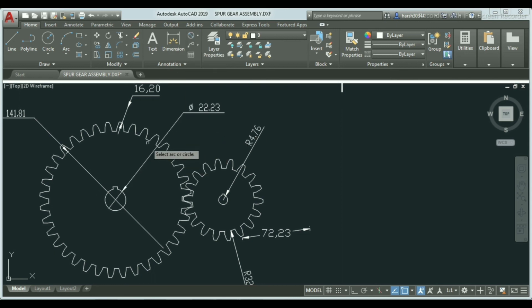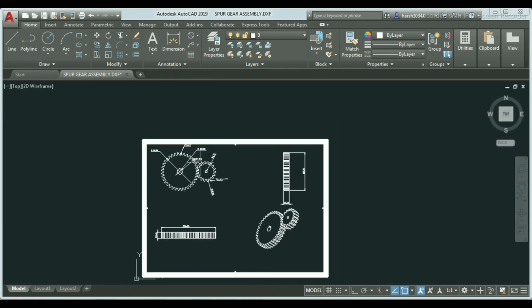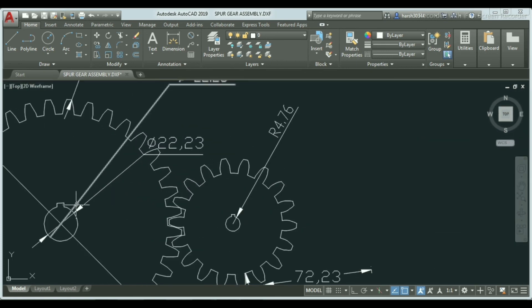So click on diameter. Select this circle and then select the other key points. If you select the intersection point, it is added. This is the 22 mm diameter of the circle.